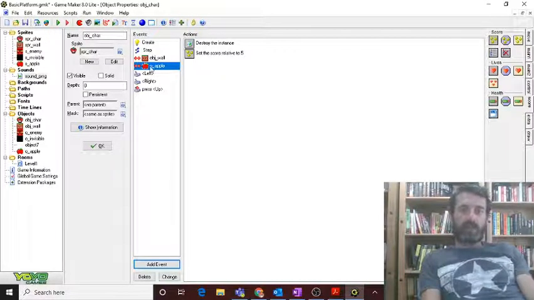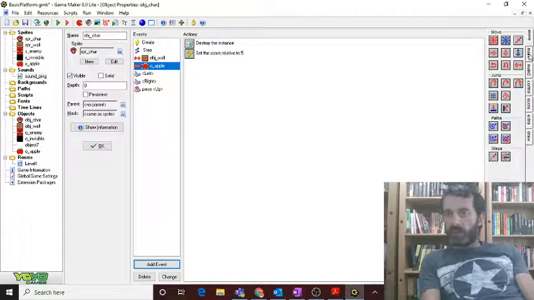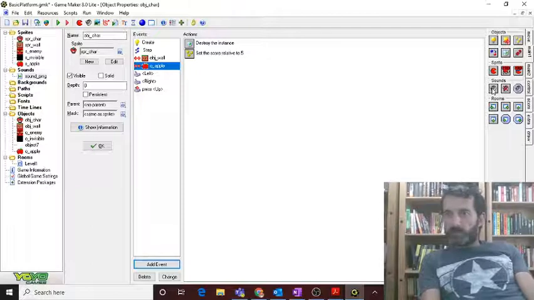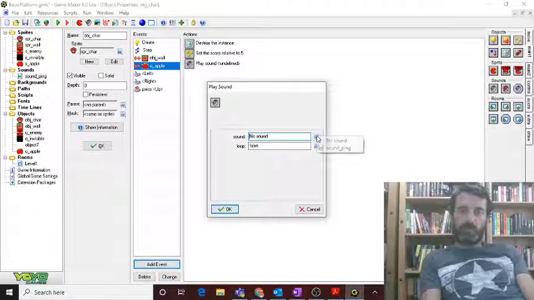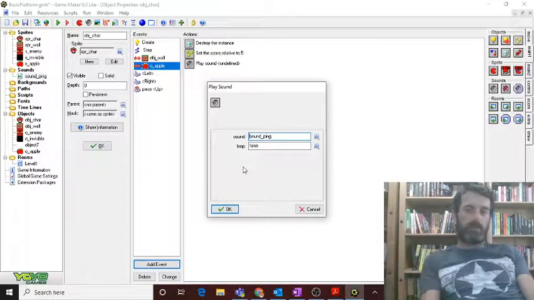character object, and again when it collides with the apple, destroy the instance, set the score, and finally I'm going to say play a sound, which is in my main one tab. Drag this across, play the sound. What sound do I want? My ping sound, sound ping. I definitely don't want it to loop, which would play over and over, so keep that to false and hit